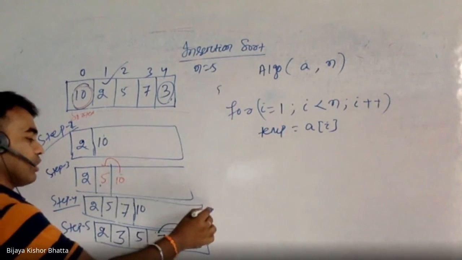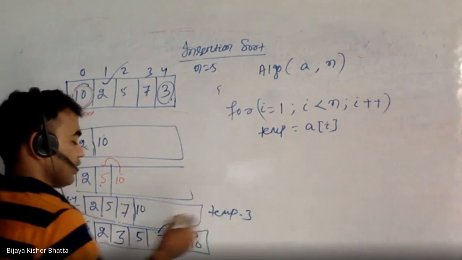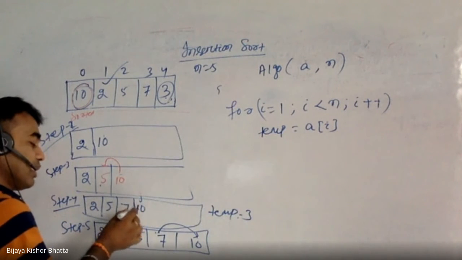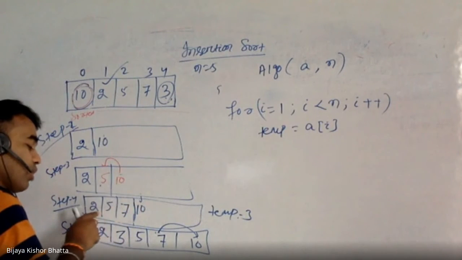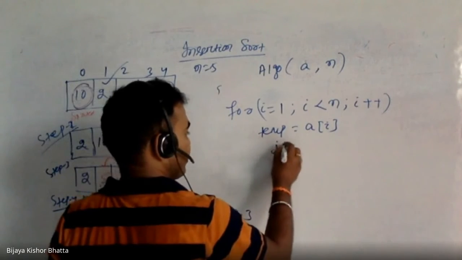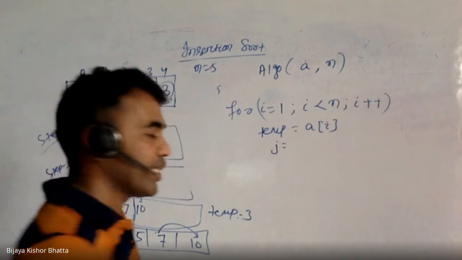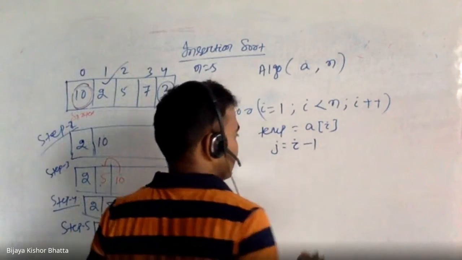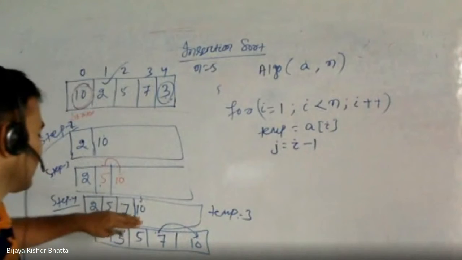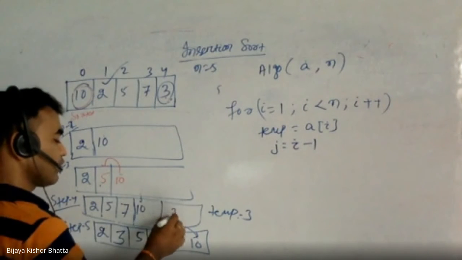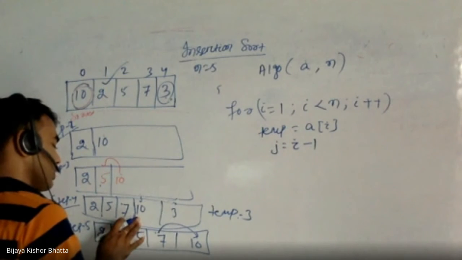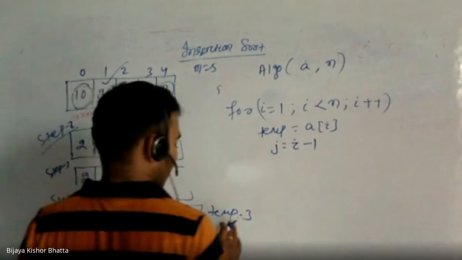Suppose 3 is coming now, so temp equal to 3. Let's understand 3 is coming. There must be some index which will be shifting these elements, and you will keep coming back checking. So you take one more variable, j, which equals i minus 1. That means you are putting one more index here. This is your 3, so this is i. Suppose it is the last step I am talking about: i is this index, and j you will put here. That is what you will do.